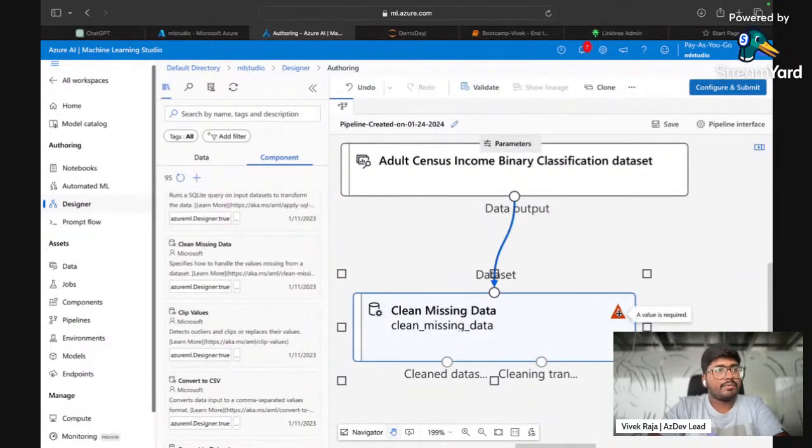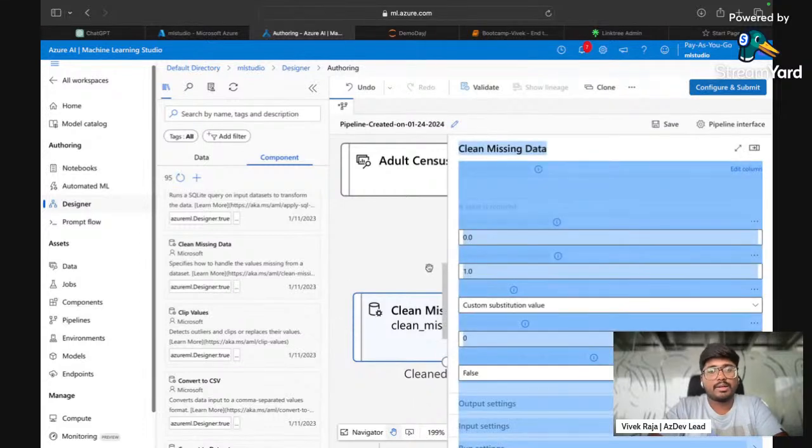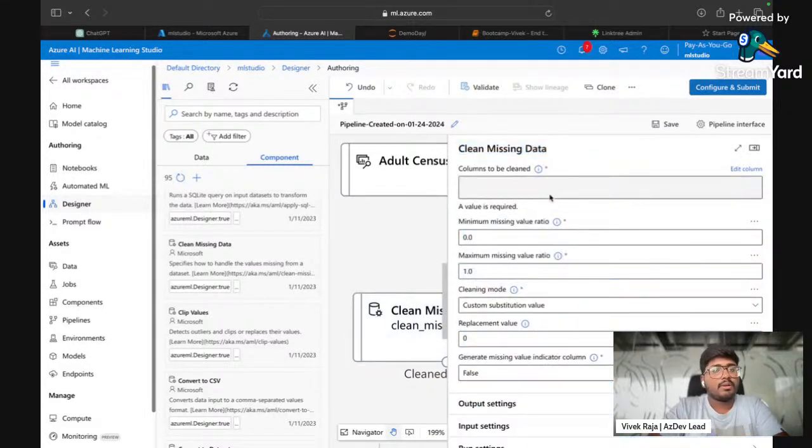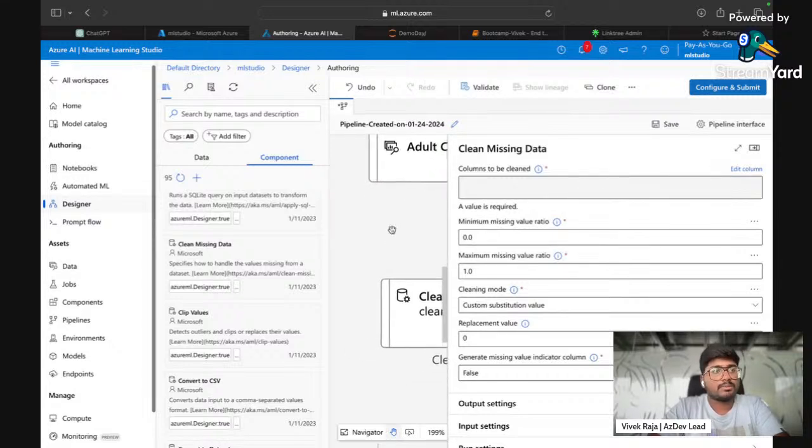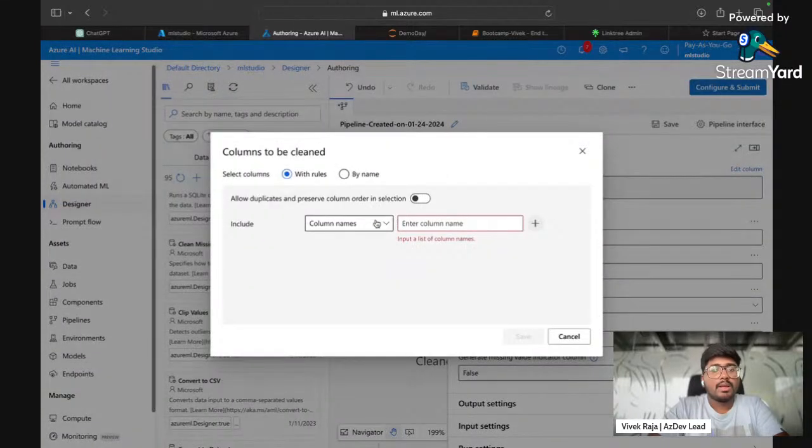Now you need to configure what you need to do about the missing data here. I'm going to double click it, and it has a couple of things to be done. I need to select the columns which I need to clean, so I'm going to click edit column, and it asks me to enter a couple of column names.